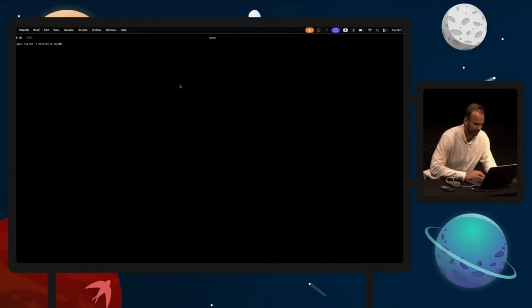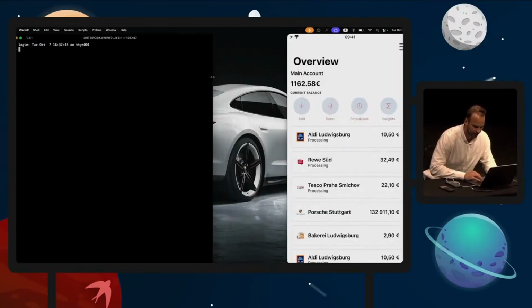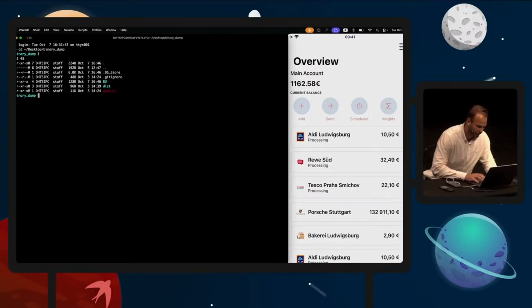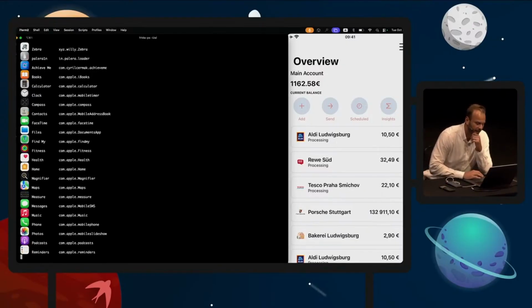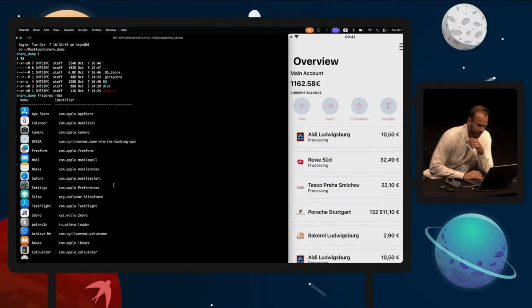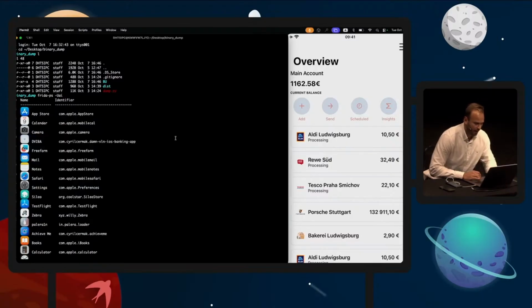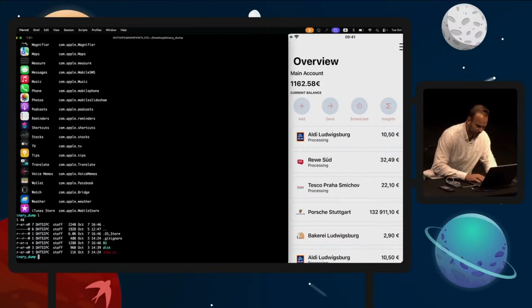Now let's open up the terminal. I'm going to make it as big as I can. The first thing I have to do is get my hands on DVIA. I go to my binary dump, and here I'm running Frida server on the device. Frida server essentially serves a couple of useful commands to me. Here I just queried all the applications that are running on the phone, and as you can see, DVIA is running as well, so it's one of them.